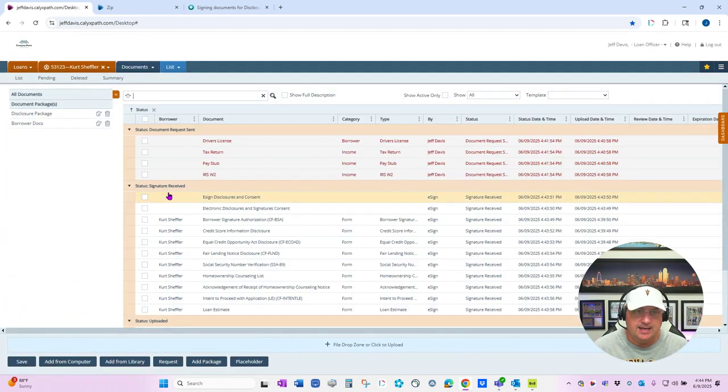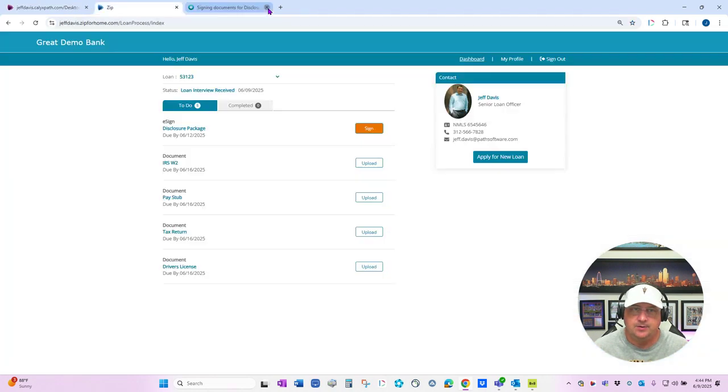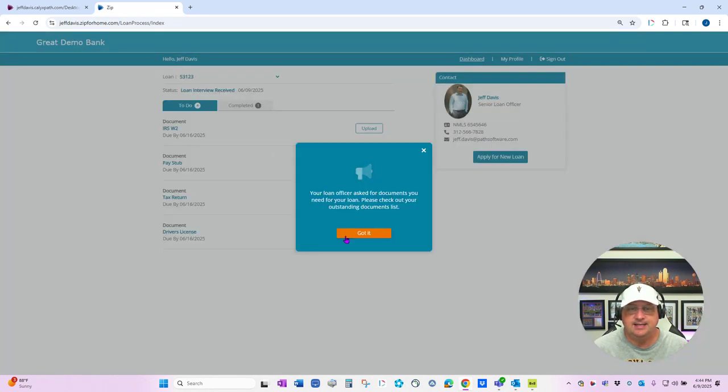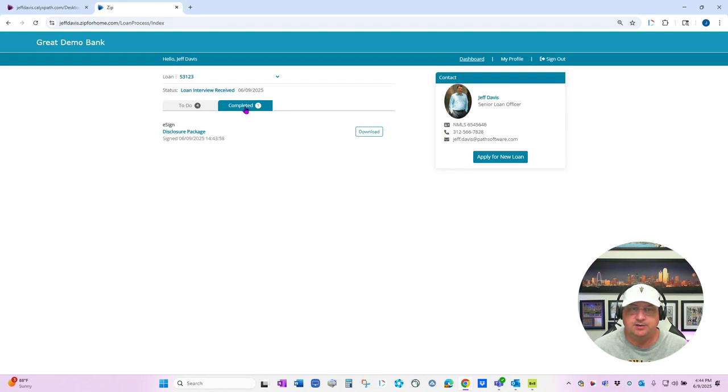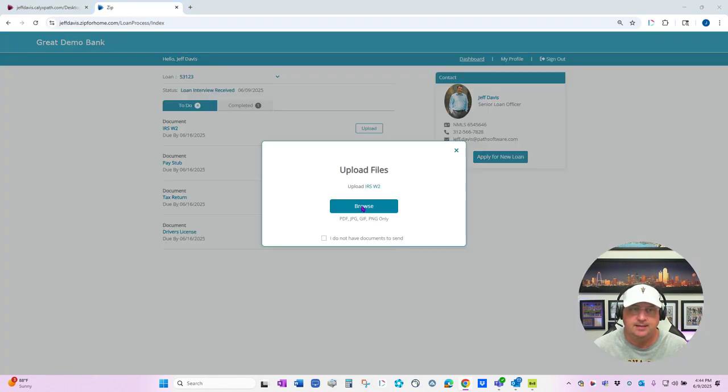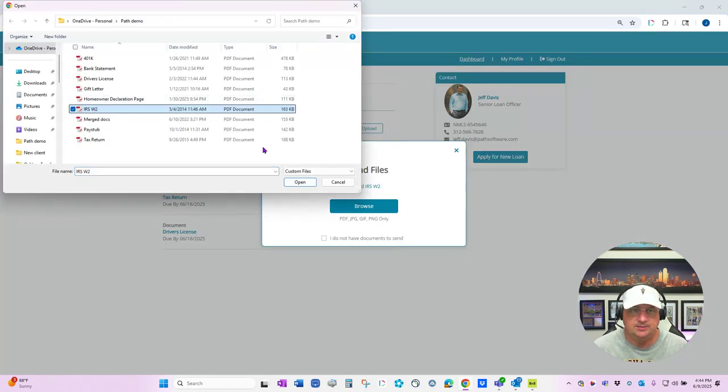Okay, so now we still have 4 documents out pending that we've requested from the borrower. So I'm going to pretend I'm the borrower, go back into the portal, hit refresh. So now you'll notice that that e-sign package has moved under the completed tab. So the borrower knows I've got that, I'm good to go, that's done. But under to do, there's the 4 documents that we've requested. So we'll go in here and click upload. And then we'll go into W2